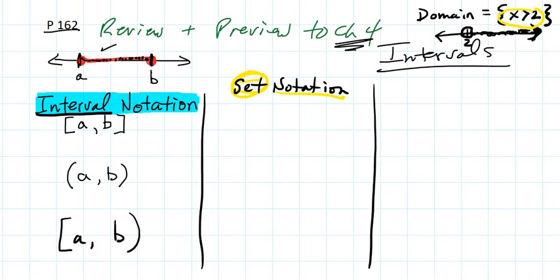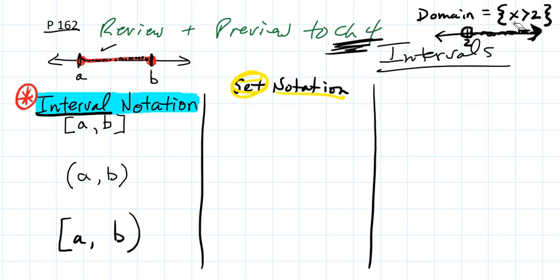Okay, so this is a review and preview to Chapter 4 in the Calculus 30 course. And what we're talking about here is interval notation. We've taken a look at notation before in the past called set notation. That's the old style. And if we had, for example, a domain equals x is greater than 2, what this